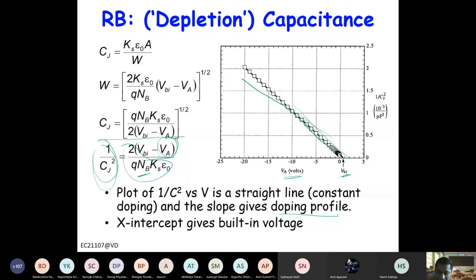Now this doping will be of the lower doped side. This is only for a one-sided junction. When both sides are doped, you cannot get individual doping. Let's say if the dopings are equal, then you can say this is the doping. So if you know the exact relationship, you can estimate the doping. But for one-sided, you can directly get the doping and built-in potential from this 1 by C square versus voltage